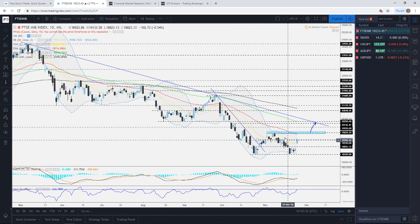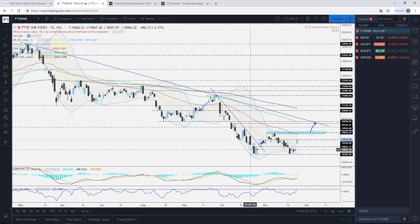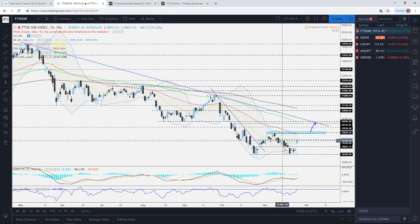Of course, the upside scenario is currently supported by the fact that the index made a nice reversal from this level, from around the 18,420. It pushed higher here, so in a way confirming something like a double bottom. But again, for a better confirmation of this pattern, we would need to see a nice good break above the 19,630 level, approximately. So guys, for now it's too early to talk about this as a double bottom, because it hasn't broken this level here, the 19,630 level,